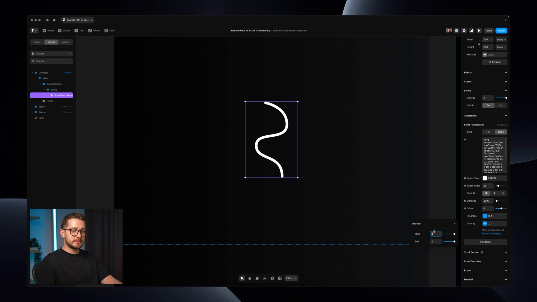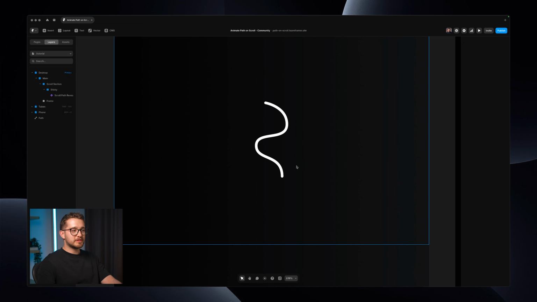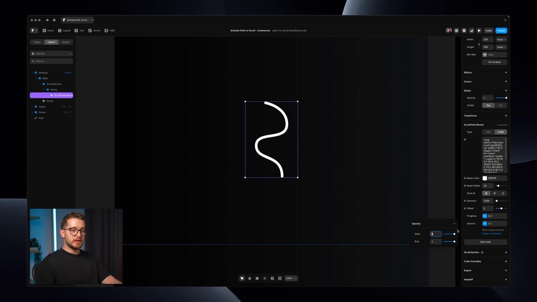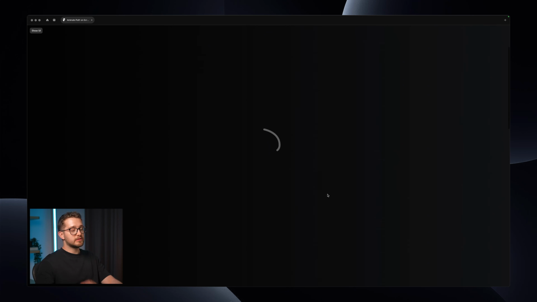Opacity, same. At the start, you might want to see it. You might not want to see it. We can explore this. So first, let's just do opacity 1 on both start and end. Now, as you can see, as I start scrolling down, indeed, it starts drawing itself out, which looks really good. Now, let's take a look at how it works if I set 0 on the start value of the opacity. As you can see now, not only will it slowly progress and reveal itself, but also it will fade in,